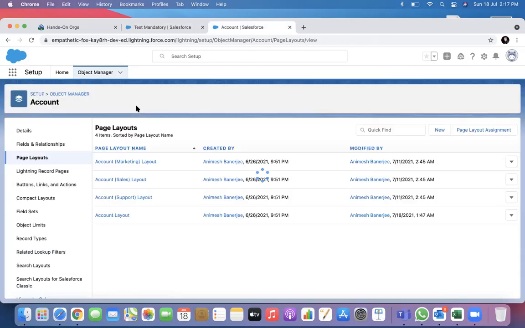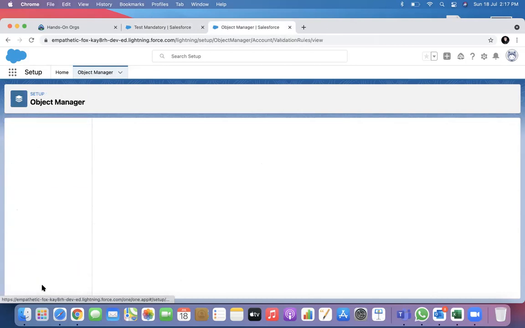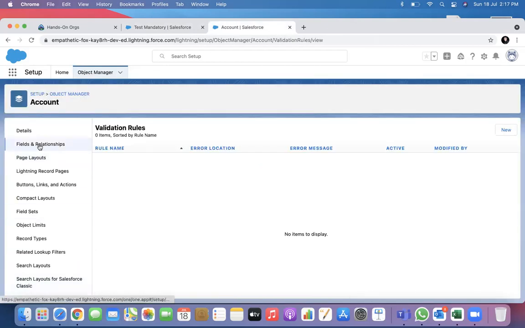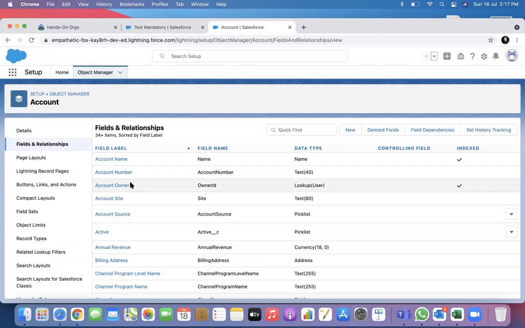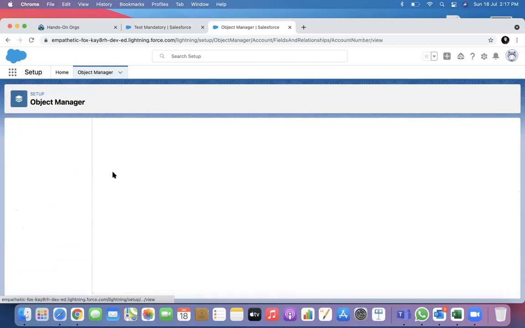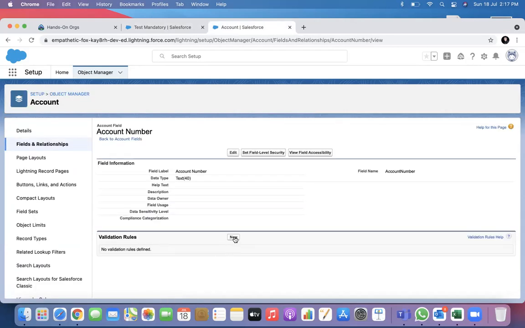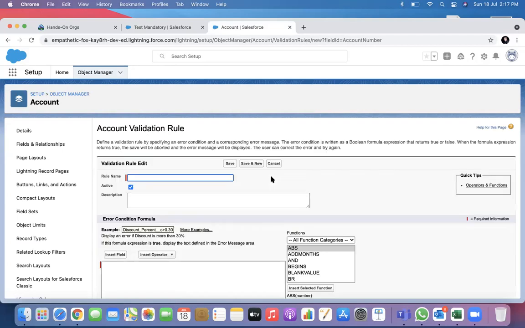Now, if I want to do some validation for data loading also and on screen also, how can I do that? I can go to validation rule down below, or directly on the field itself. Here also, new validation rule is there. Here I say account number mandatory.